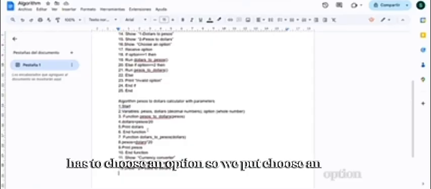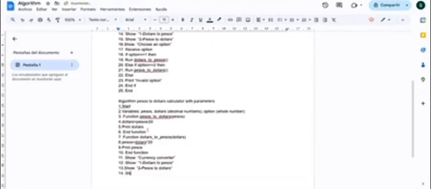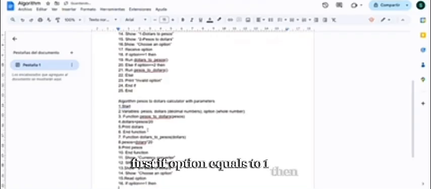So we put choose an option. We put read option, and then we put our first condition. First, if option equals to 1, then